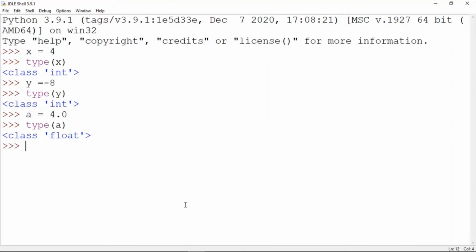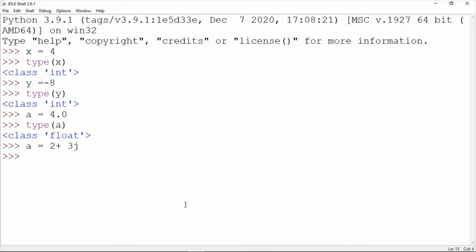In Python, we have a complex data type which consists of two parts. The first part is the real part and the other part is the imaginary part. Let's see how you can declare a complex data type in Python. Let's create a variable a, and inside a I'm going to declare a value which is a complex type, that is 2 plus 3j.